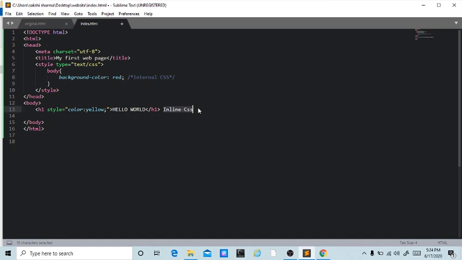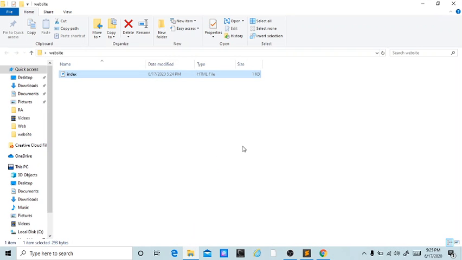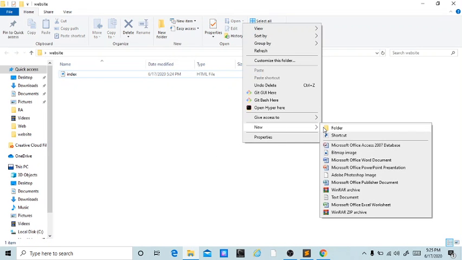Now we're going to talk about external CSS. External is very much clear with the name that it's out of that page, like out of this file. External means which is not included inside.